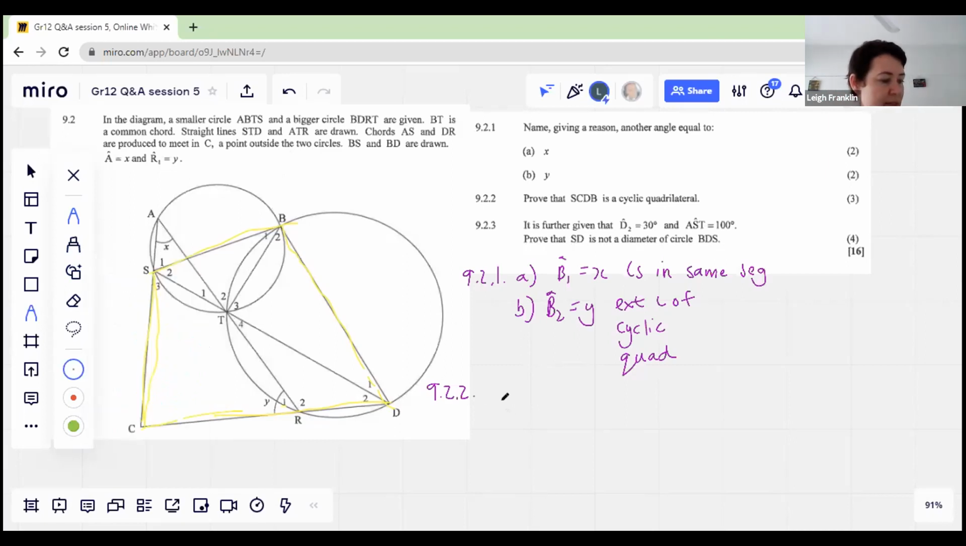So angle C is going to be equal to 180 minus the sum of X and Y, because of the sum of angles in a triangle. We're working in triangle ABC. Is there a way for us to prove SBD